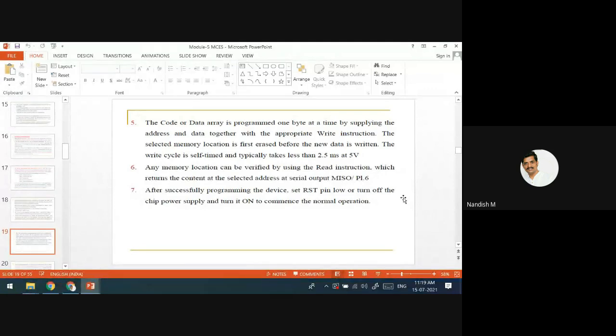The code and the data array will be sent 1 byte at a time, using the write instructions. Using the write instructions, the complete data goes over the SPI bus, master out, slave in, and all the data gets loaded into the target device. What will happen from the opposite side? Master in, slave out. The target device, using the MISO cable, pin number P16, is going to send the acknowledgement. It is a confirmation that everything is done.